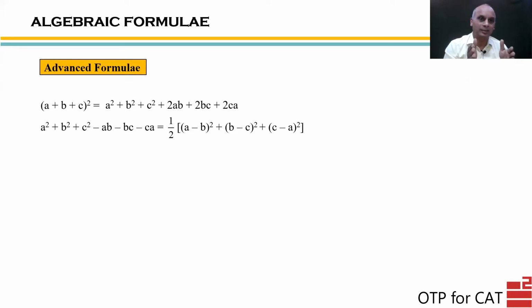Now please realize that the right hand side expression is a sum of squares of real numbers. And we already know that the square of a real number is always either 0 or more than 0. So obviously the sum of squares of real numbers will always be more than or equal to 0, and this is the result. Therefore, the left-hand side expression, a square plus b square plus c square minus ab minus bc minus ca, will always be more than or equal to 0.